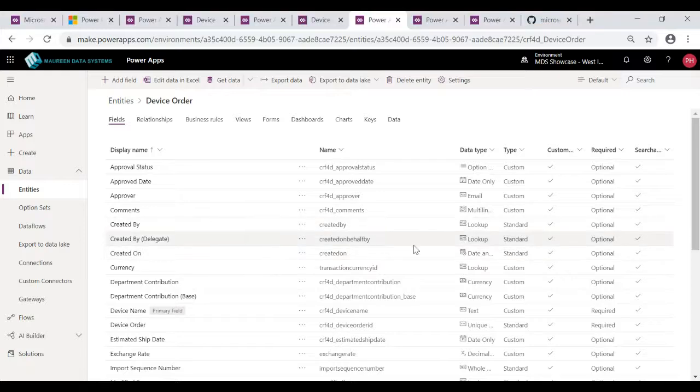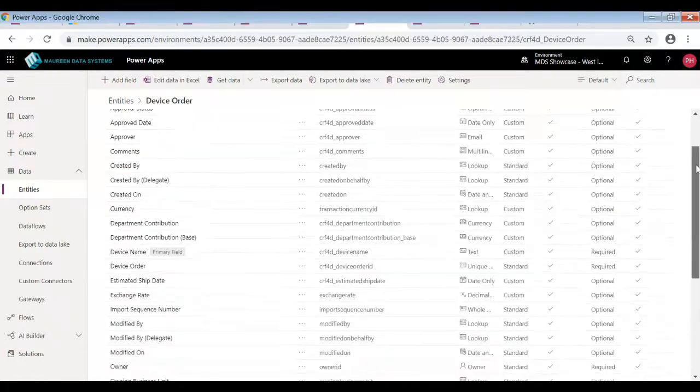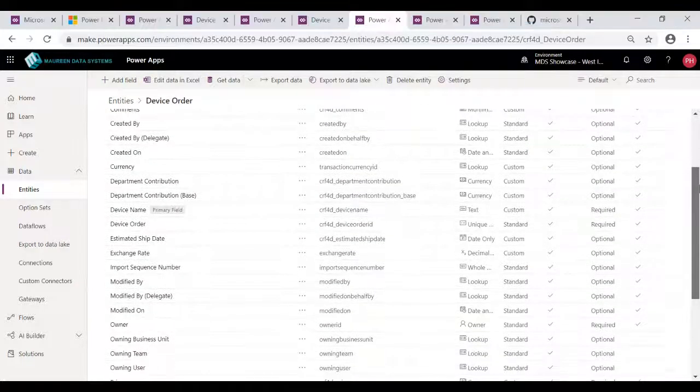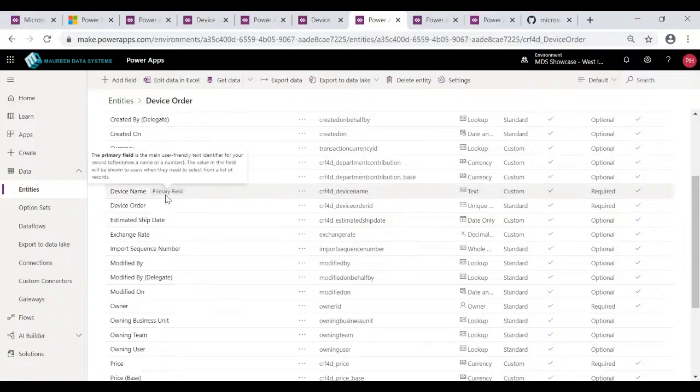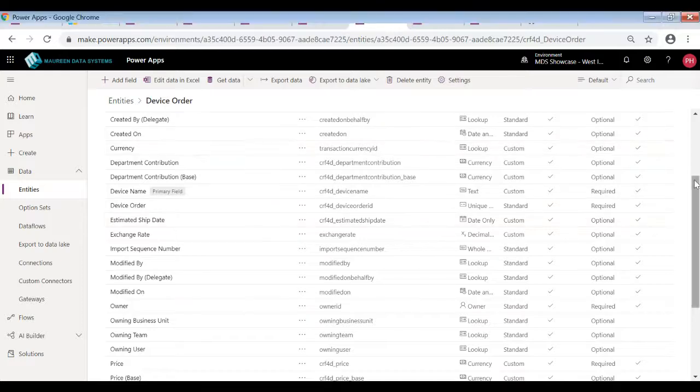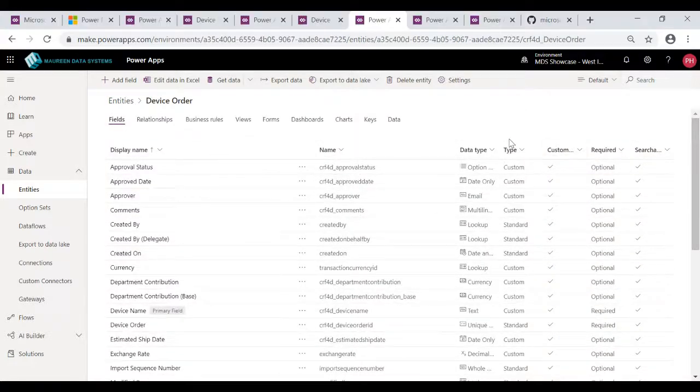Now within our entity, we're seeing those same fields that we reused in our form: the approval status, the approver, created by, device name, which we identified as our primary field, device order, ship date. One of the main things you would like to be able to do within any database is understand what the data is, and for those of you who are familiar with working within SQL Server or some of today's databases,